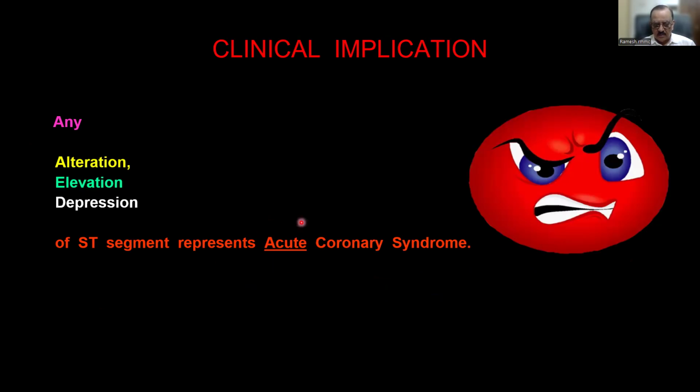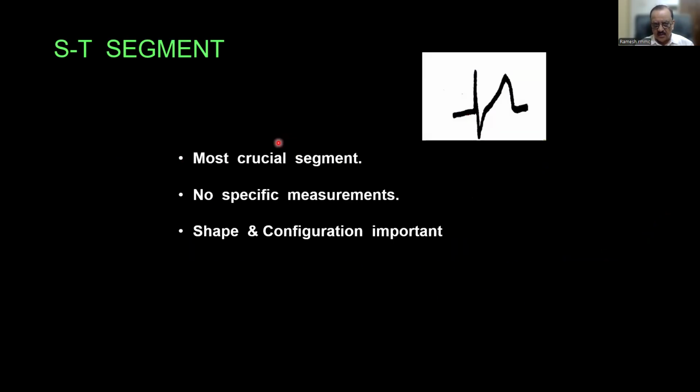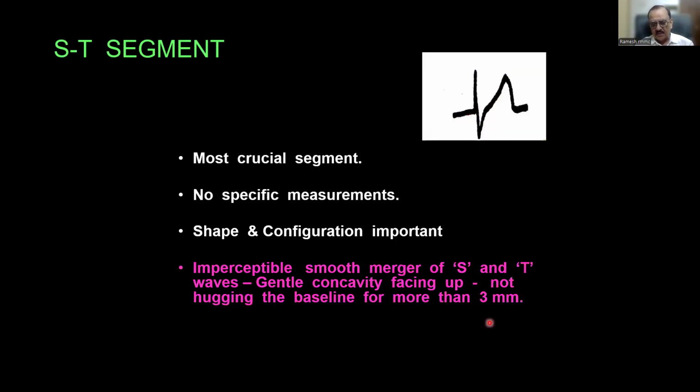Any alteration, any elevation, or any depression in this ST segment represents an acute coronary syndrome. What do we mean by acute? It is an emergency. This patient needs to be admitted and treated. Otherwise, this fellow has a possibility of dying next minute or next 1 hour. So the ST segment should exactly be like this only, and anything other than this shape is